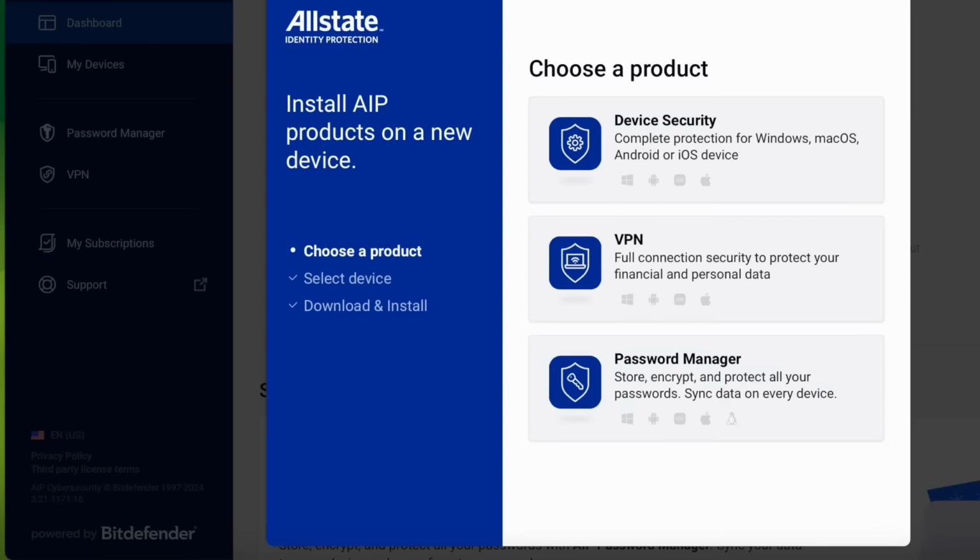And then you just download it and install it, and you can run all those here. For device security, that's like a protection. For VPN, that's a tunnel. I did another video on VPNs and how they work, so I'll link to that below. But it's basically a tunnel between you and some of the endpoints of the internet that protects your data at